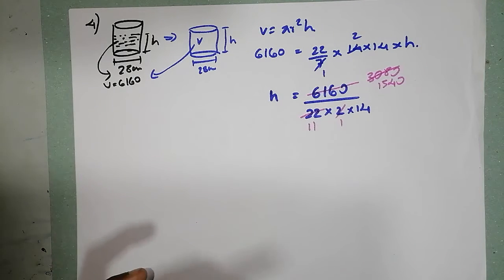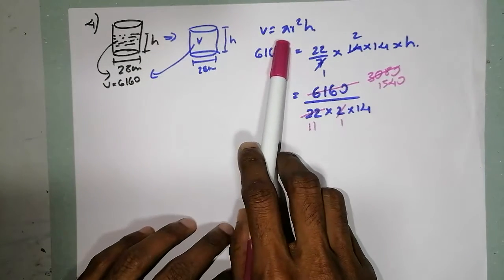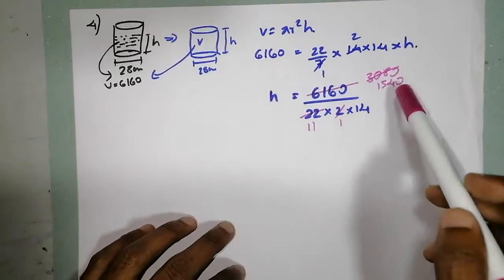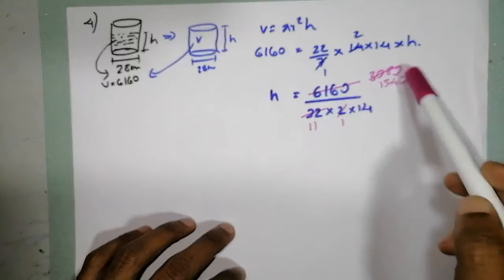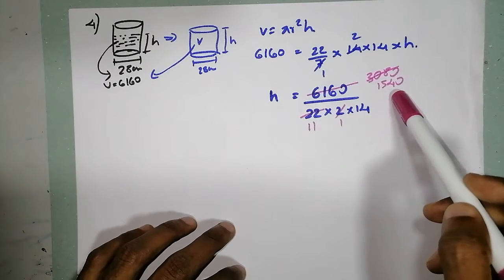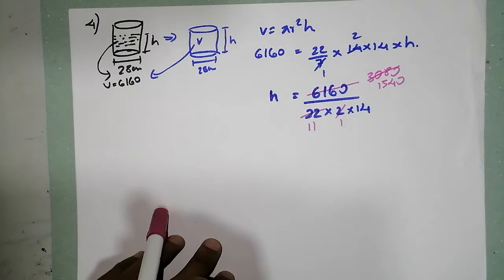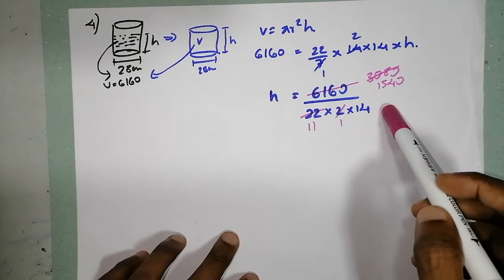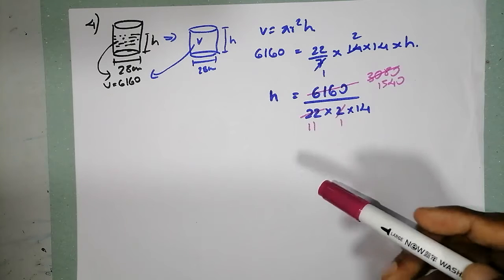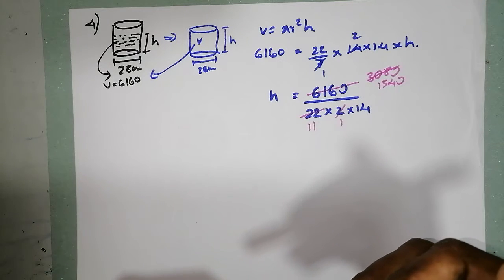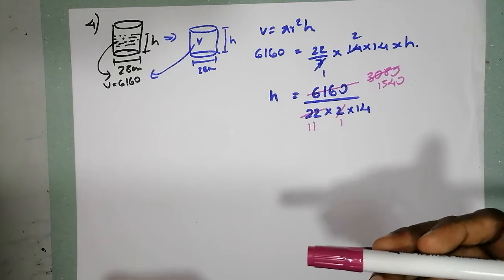Okay, if we have a connection between the numbers while we are doing area and perimeter, while using pi r, these values are familiar to us. 144, how can we get 144? In the previous questions we got this value, so we need to be familiar with the numbers so we can do the simplification